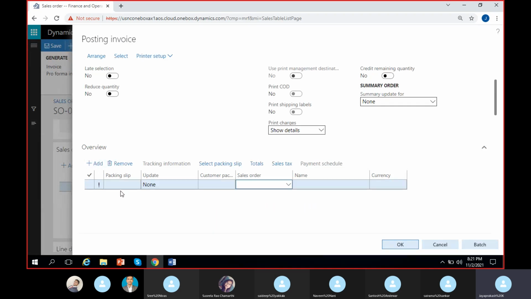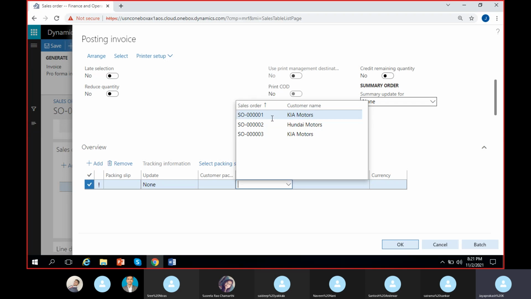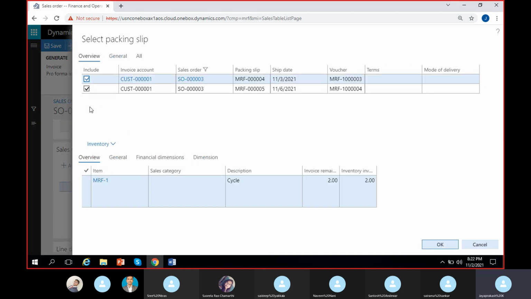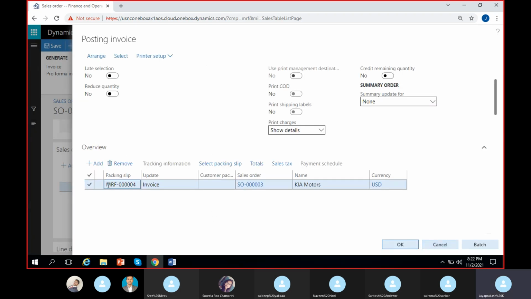You can add one line. Here you can select sales order number. Sales order is this one, right? Sales order number 3. And then you can see here the select packing slip option. Select packing slip. You can select either one packing slip or both the packing slips at a time. See here, 2 packing slips are selected. You can also select only one packing slip. Suppose I'm selecting this packing slip number 4, the first one. Click on OK. Now see here, it's only for packing slip